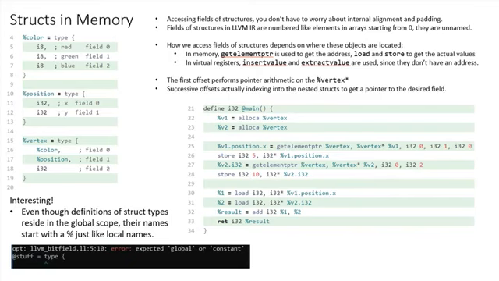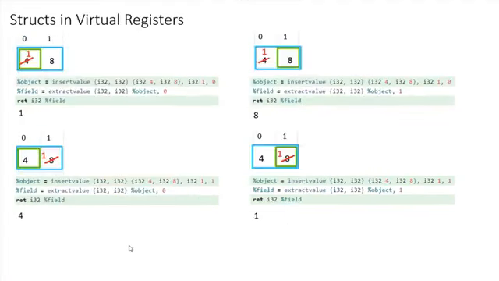And finally, to wrap up this lecture, we're going to look at the structs in virtual registers, how they are stored. So we use the insert value instruction to create a struct in a virtual register. It takes a struct value to use as a base. So first is the data type of the struct, and then we have the value, which can either be a structure constant, as we see here, defining the initial values of all the fields in the struct,